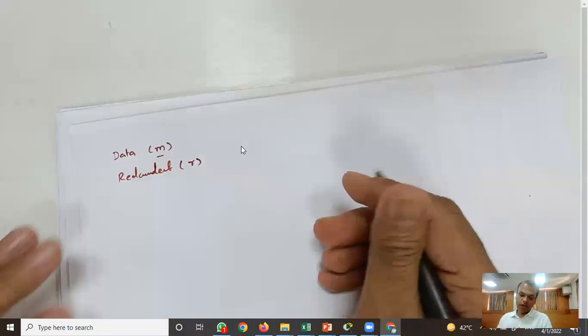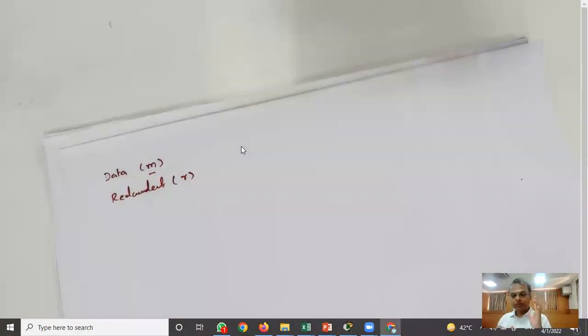Now, in case of even parity, only one bit can be added as a redundant bit. But in case of Hamming code,